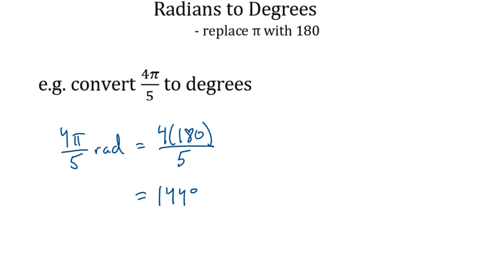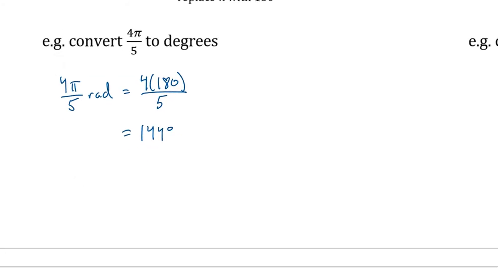Okay, so I quickly want to show you what's actually happening here, because we're not actually replacing pi with 180. Pi is equal to 180, so there is a relationship there, but that's not actually what we're doing. We're multiplying by a conversion factor. Like I said, converting isn't really what we're doing in this course. This isn't super important, but